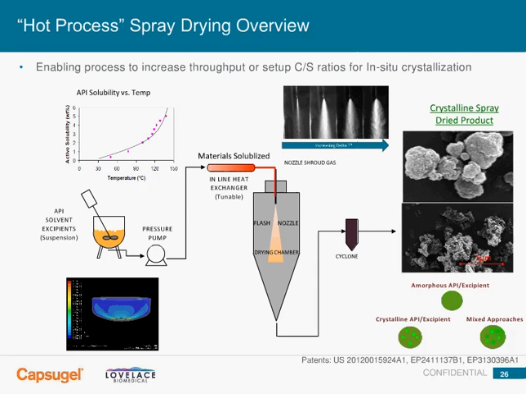We can flash the material in and take advantage of the system seeing ambient pressure in the spray drying chamber to drive atomization to get a much smaller particle size. This can be used for throughput enhancement, but also, again, takes advantage of concentration over solubility ratios to